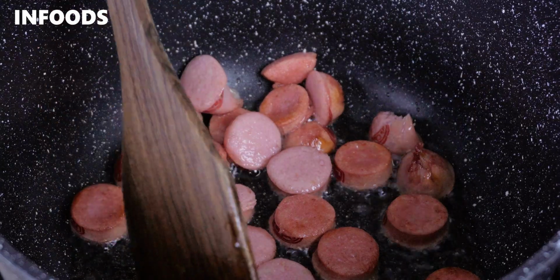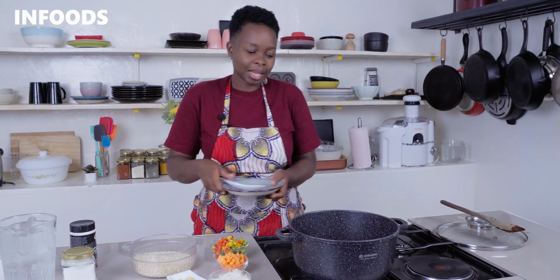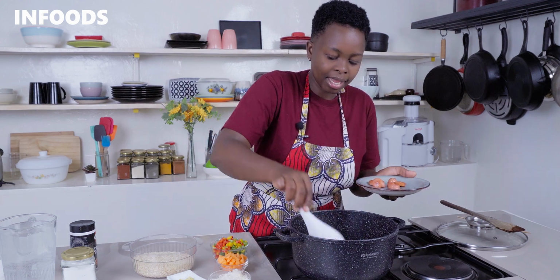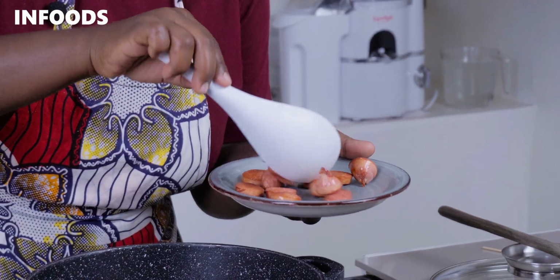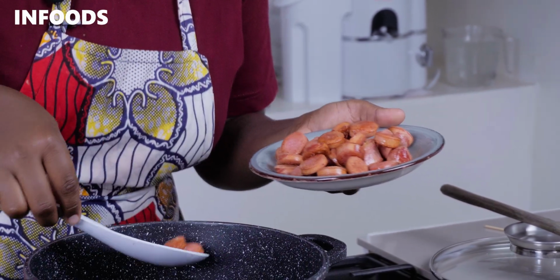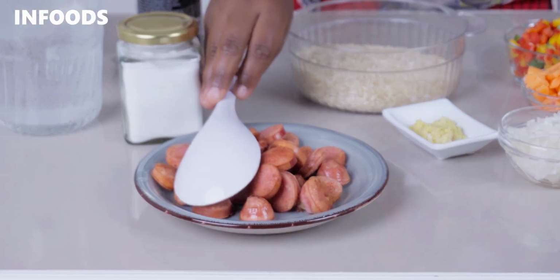I've switched to a skewer because it was a little bit tedious to flip the sausages. So I'm going to cook for 30 seconds. After 30 seconds, I'm going to scoop out the sausages to a plate, and I absolutely love how they're looking. And the aroma in the kitchen is just so good. So I'm going to place the sausages aside,